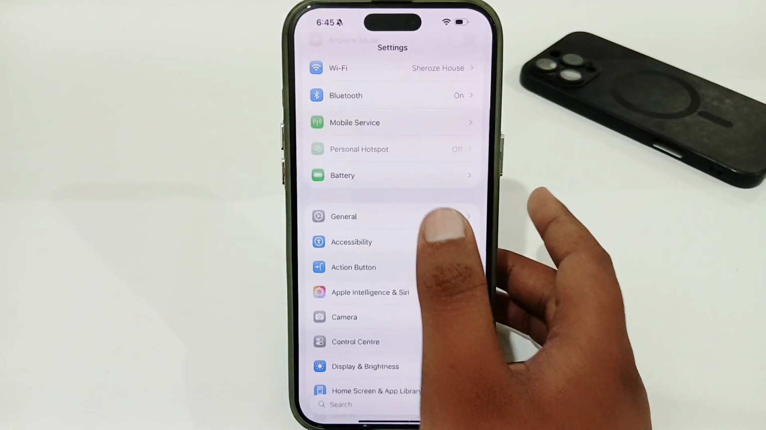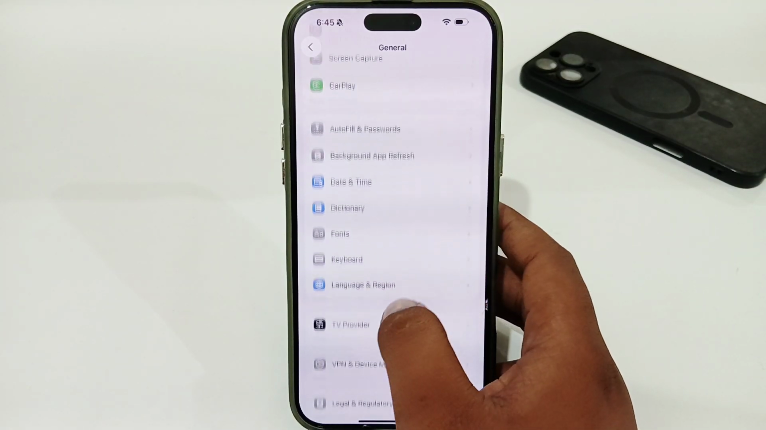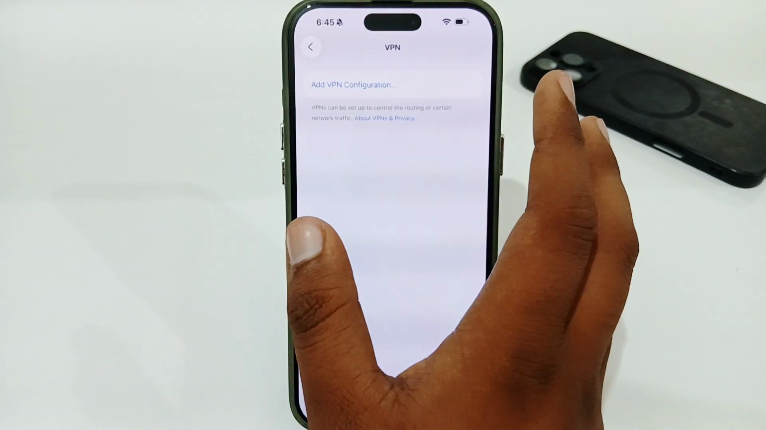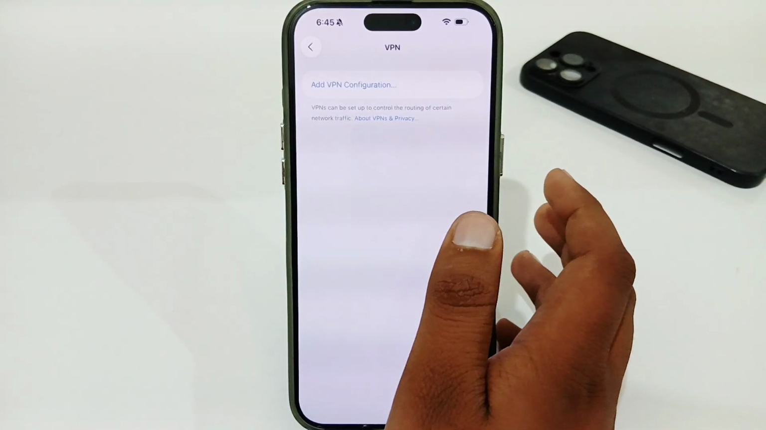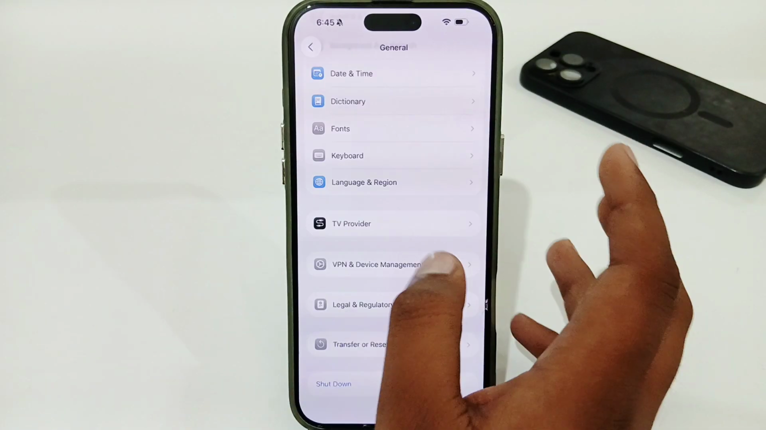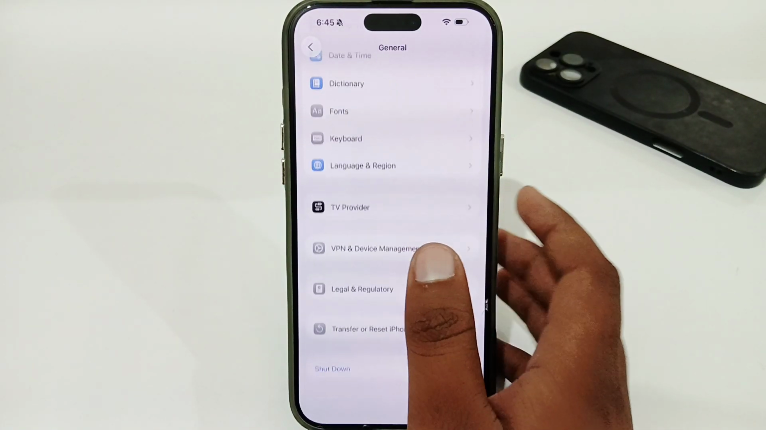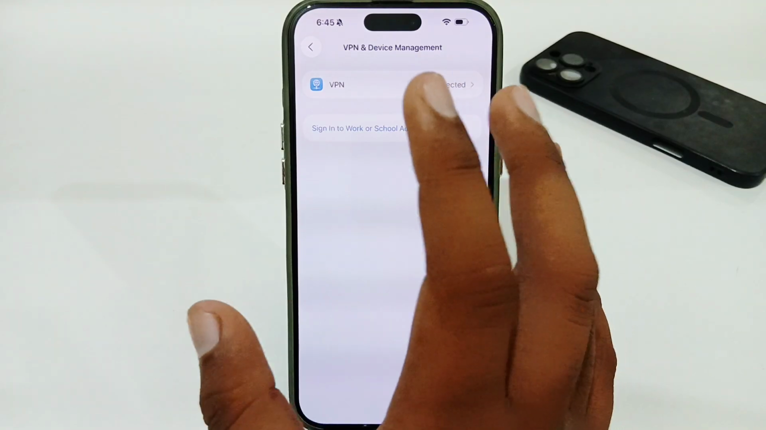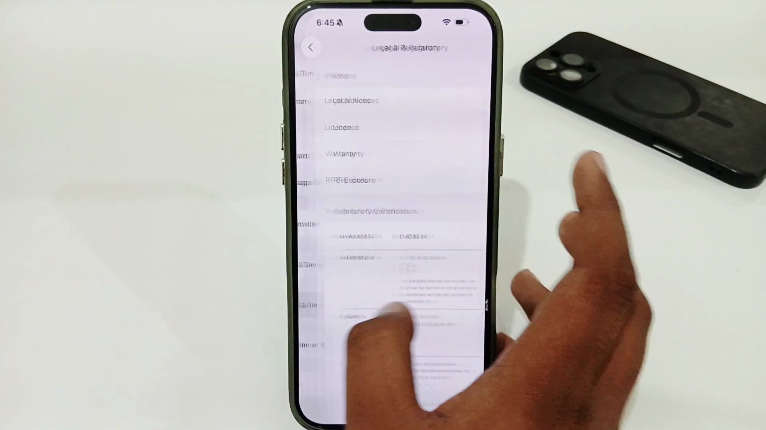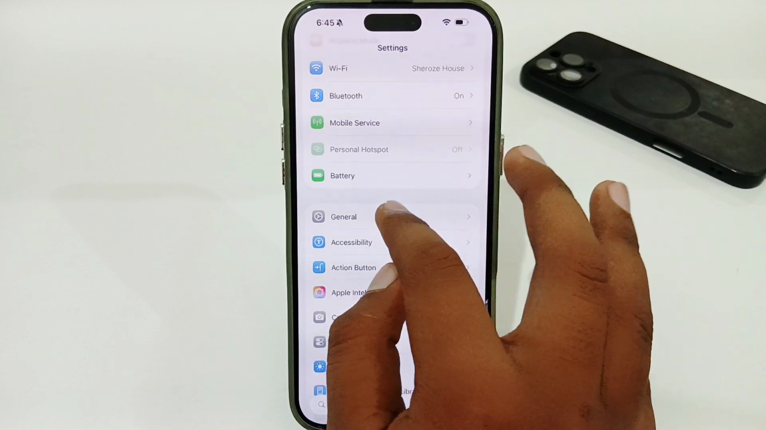Then go to your settings, tap on the General option, scroll down and look for VPN and device management. Make sure that you don't have any VPN connected here, or if you have any VPN, you can easily disconnect it and then retry, because sometimes your VPN is connected so you cannot change your country or region. Or you have the option of software update. You have to try to update your software,